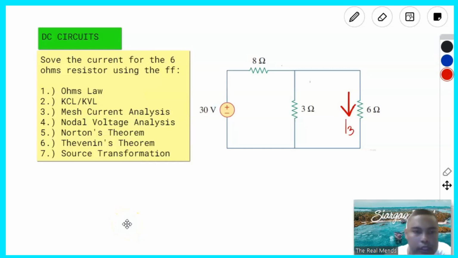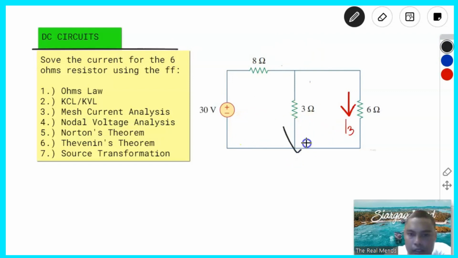Hello, this session, let's discuss all about DC circuits. So, meron tayong isang circuit, ito. So, i-solve natin siya using this